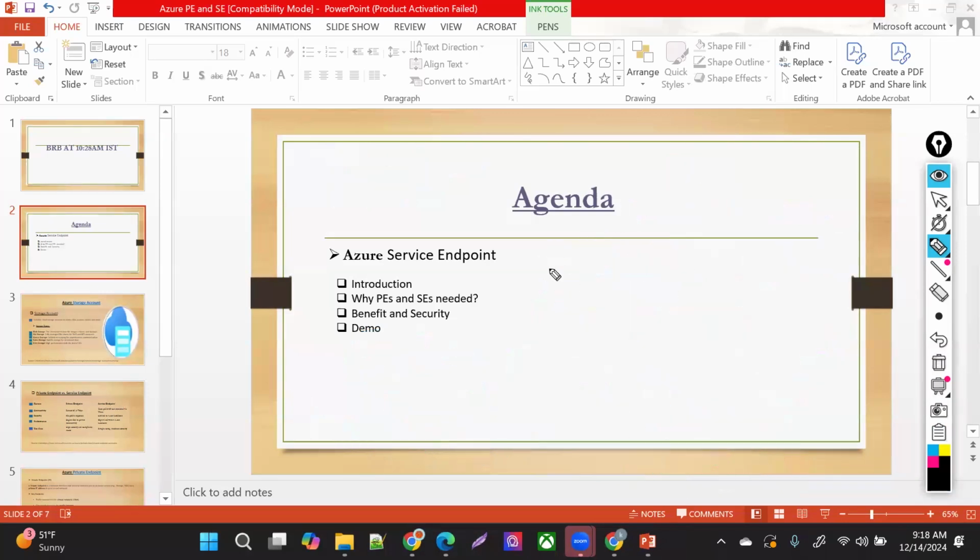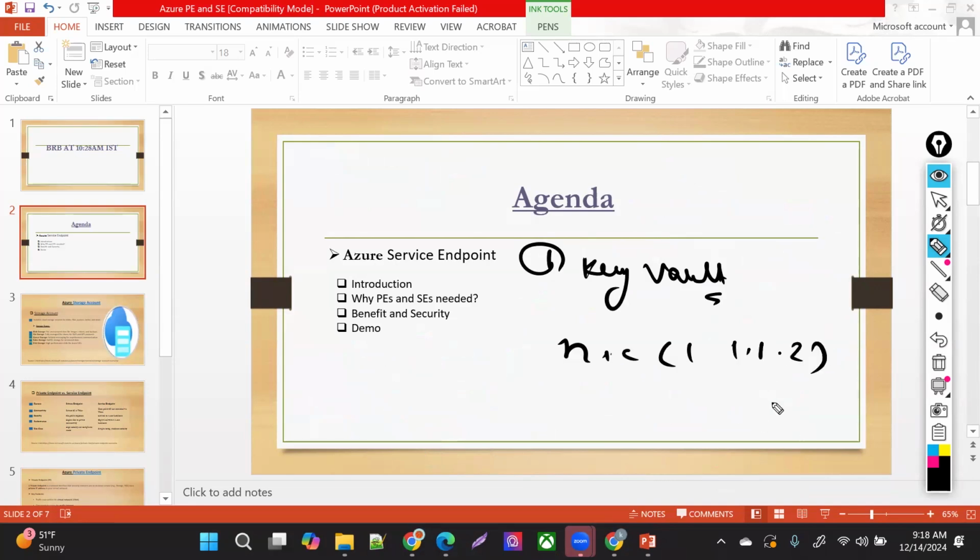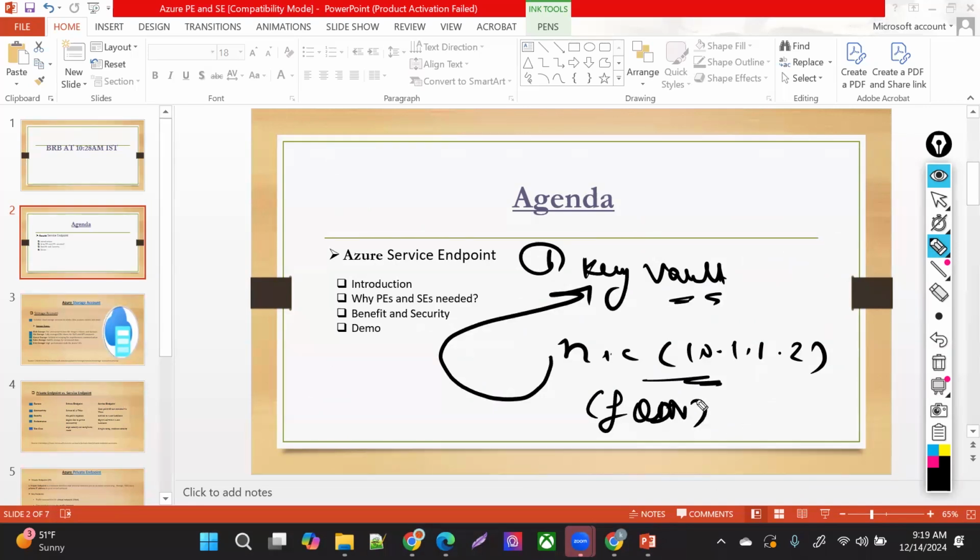Similarly for other services as well, like Key Vault, which is again a PaaS-based service. What happens with Key Vault also? The same mechanism. A NIC is going to spin out with a private IP address. Again, I'm taking it, let's say 10.10.1.2, right? With that NIC and private IP address, you create the private endpoint and attach it with Key Vault. Now, to access your Key Vault, you just need to access this IP address, and an FQDN is going to be generated. By default, a private DNS zone is going to be generated, which gives the lookup of this IP address.